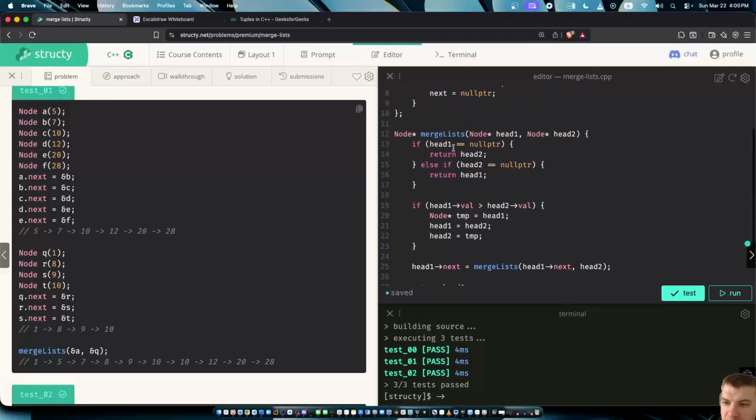In this case, head1 is equal to null pointer and I'm going to return just head2, which is also a null pointer. In case head1 is not null, in case head2 is equal to null,